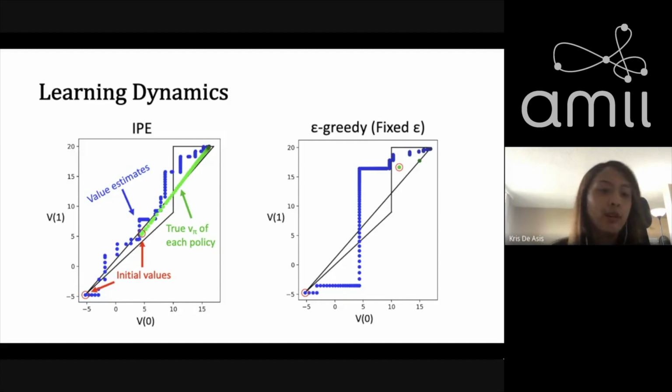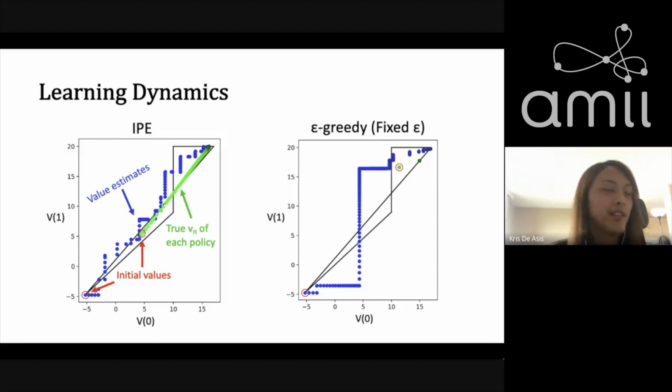And in blue, we're visualizing the value estimates learned by Q-learning. And in green, we're visualizing the true values of the policy that it's following. And these red circles indicate the initial values used. So on the left here, we see that if you follow the inverse policy evaluation, the policy takes a smoother path towards the optimal policy, but that might be expected because it's a parameterized policy and it's doing something policy gradient-like. And if we look at epsilon greedy, it tends to spend more time outside of the polytope